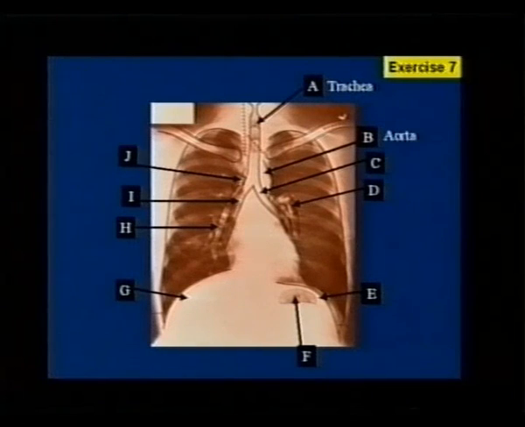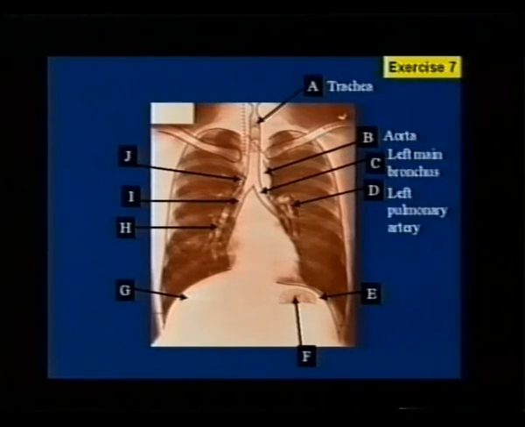A is trachea, B is aortic knuckle, C left main bronchus, D you could see